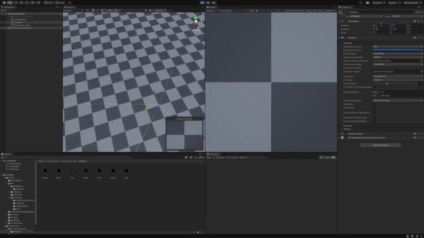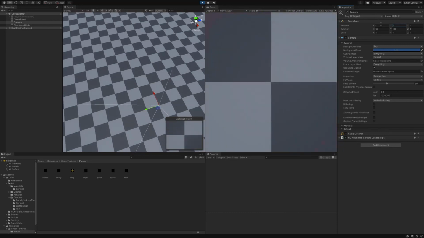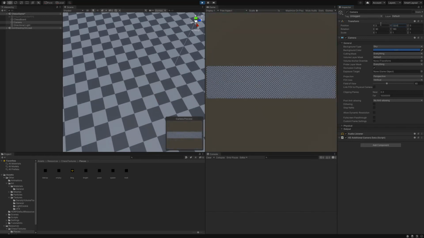Just bring this up to like 300. Oh, it was even more than that. So 1,000, 1,200. There we go. That actually fits everything. And so there's the pieces down there. It's incredibly small. In fact, I could full screen this,